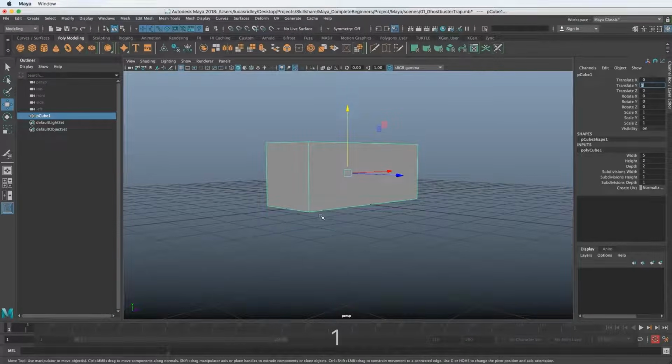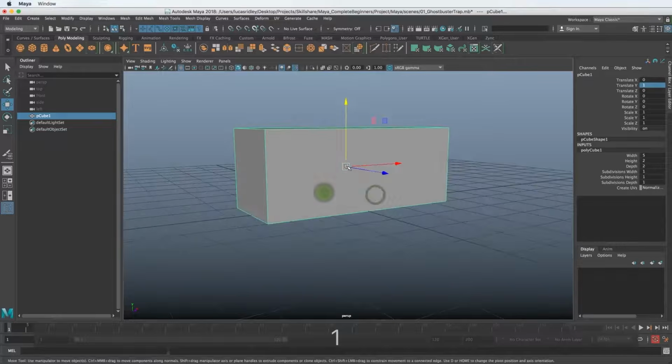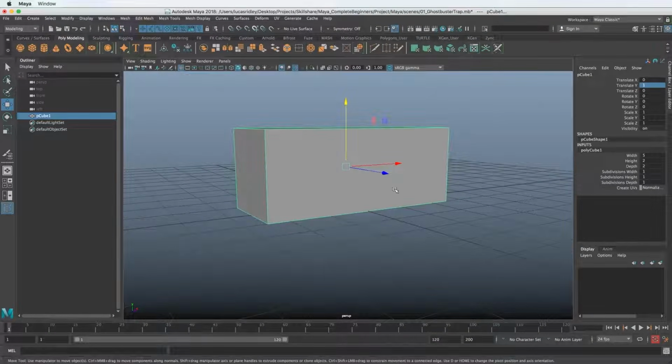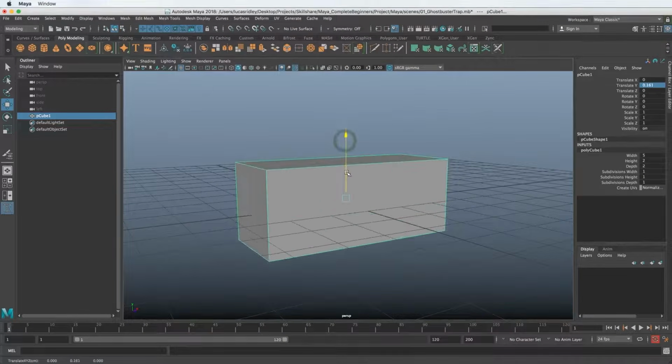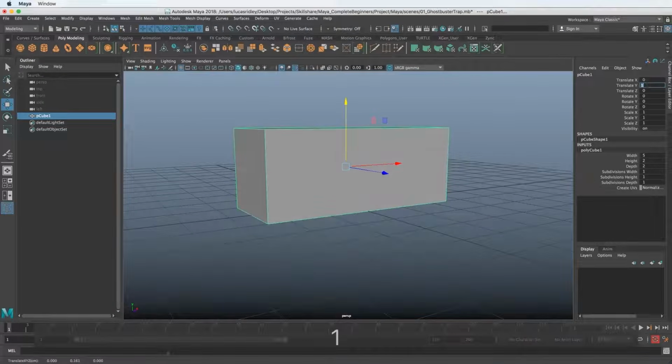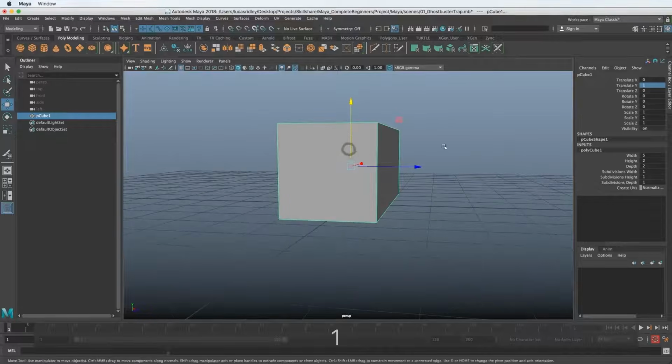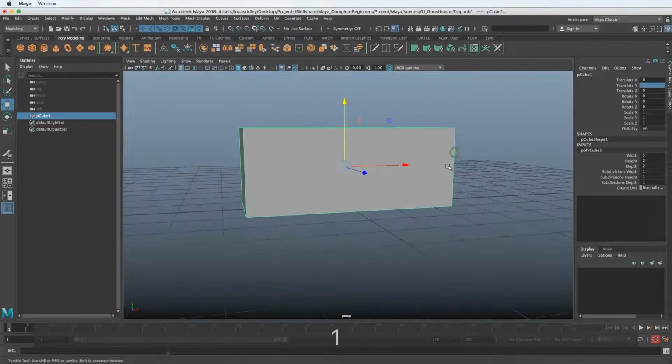Because it's measuring from the center. Wherever our manipulator is, that's where it's measuring from. So if it's a height of 2 and this is in the middle, then it's 1 to the floor, right? From where the manipulator is. If we bring this down to the floor, it's going to be at 0. So that's one way to know how it's calculating what these numbers are exactly. So we have that rectangle.